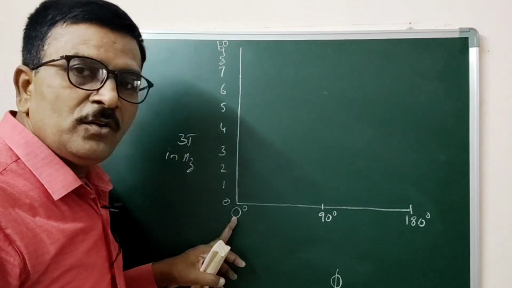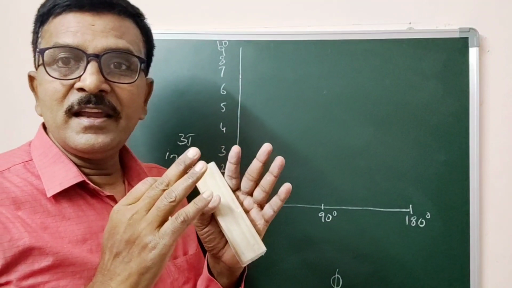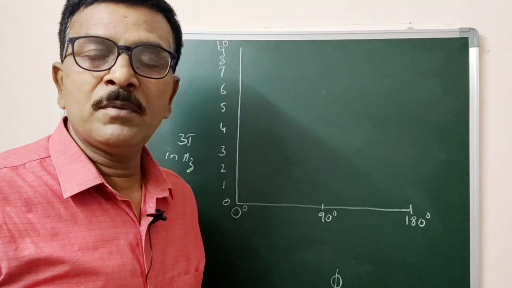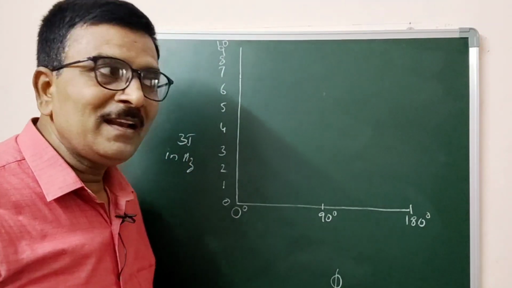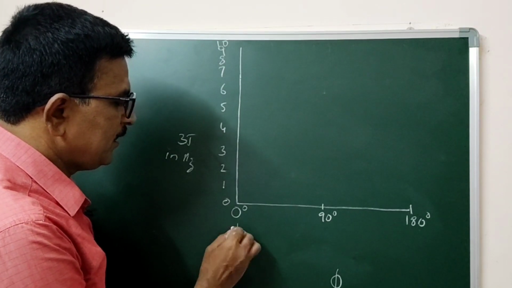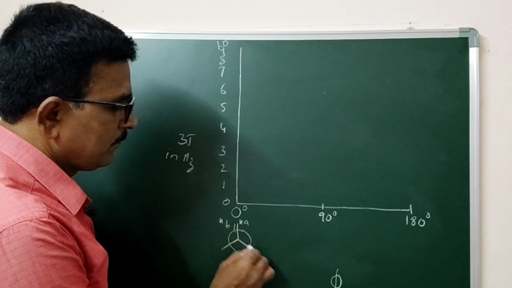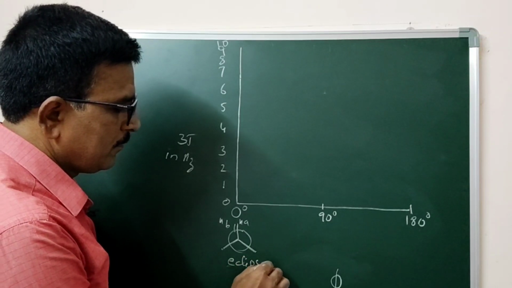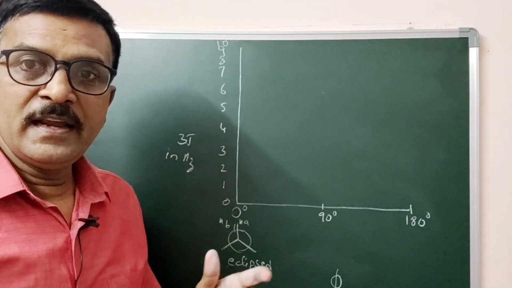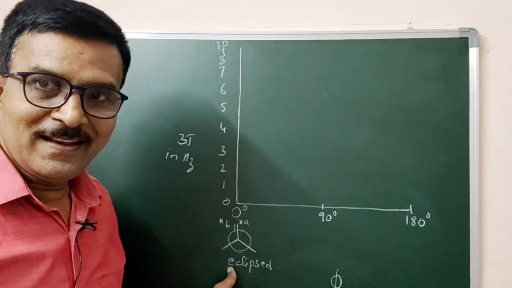Now at 0 degree, the conformation is eclipsed. When the dihedral angle is 0 between the two protons on adjacent carbon, the conformation is known as eclipsed conformation. We can write it in this way. Say this is HA hydrogen, HB hydrogen, eclipsed. Are you following? When there is a 0 degree dihedral angle between the protons A and B, the conformation is known as eclipsed.